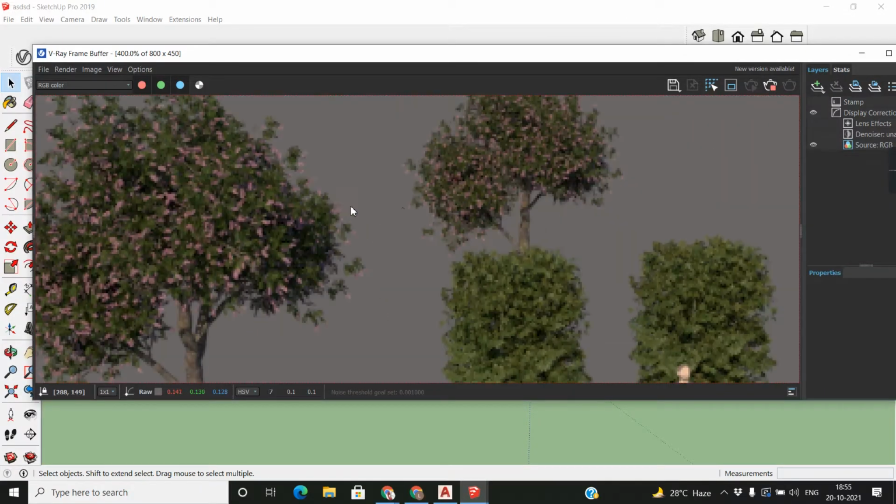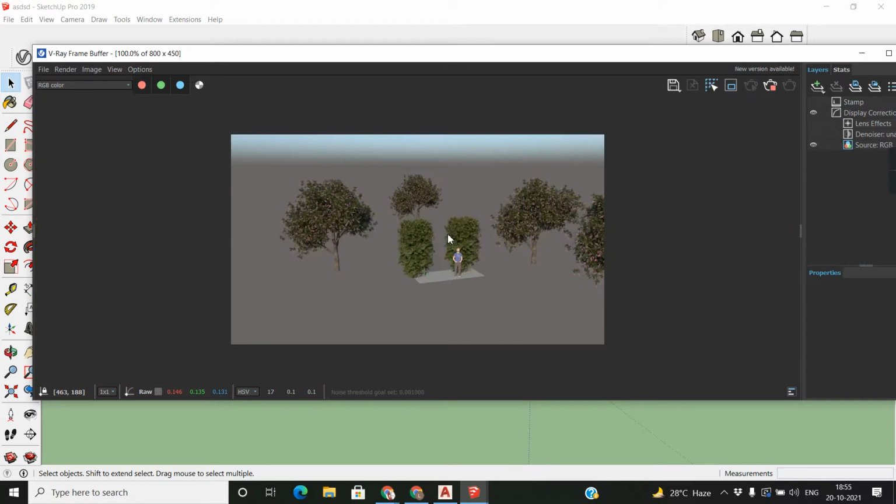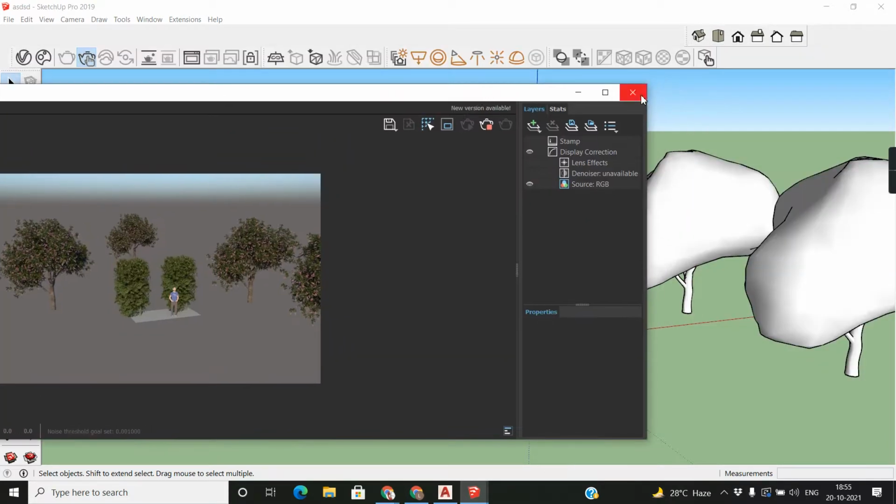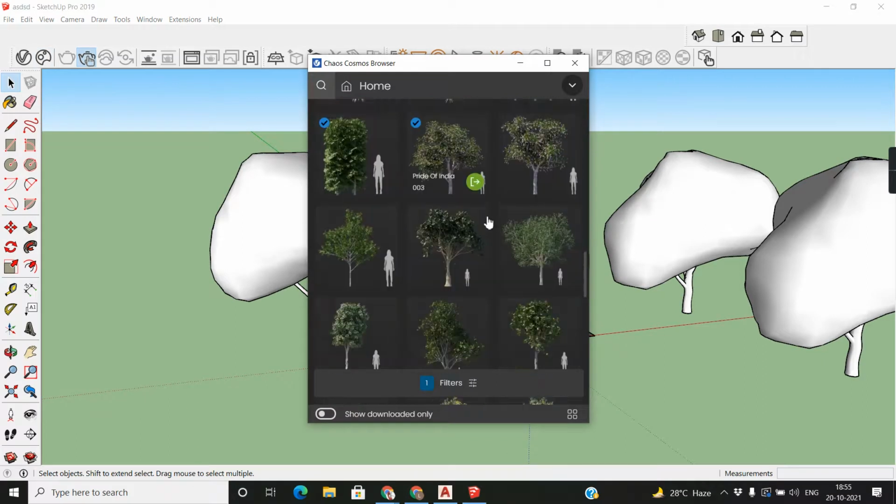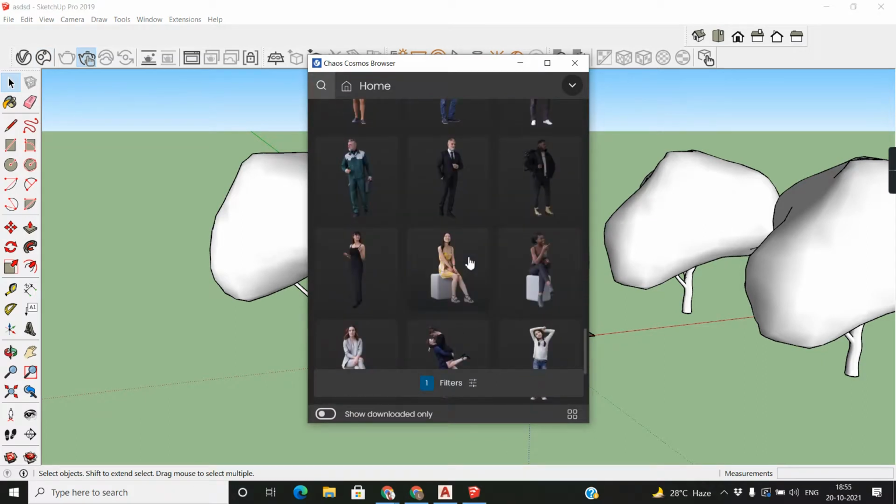Right? See, so this is a library which is very useful, very fruitful, very important.